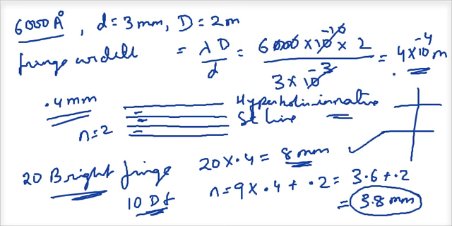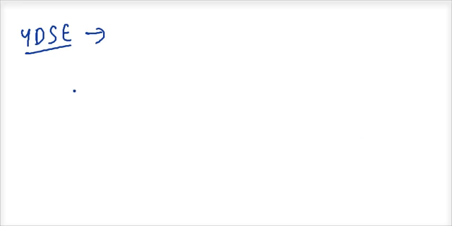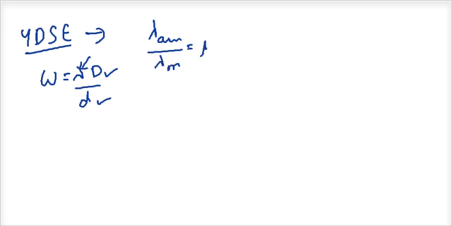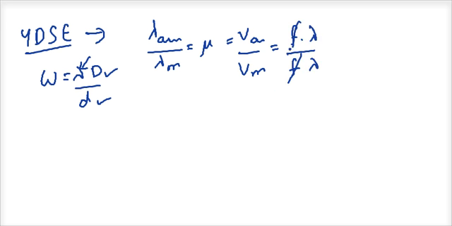Okay, so this is how you work with it. Suppose the same experiment we conducted in water. If the YDSE that we conducted earlier is conducted in water, what will be the fringe width? Understand that fringe width is equal to lambda D by d. When I conduct it in water, D and d remain the same, but the lambda value changes. We've learnt in our refraction classes that lambda air by lambda medium is equal to mu, because mu is equal to V air by V medium, and V is equal to frequency into lambda. The frequency doesn't change. So lambda medium is equal to lambda air by mu.